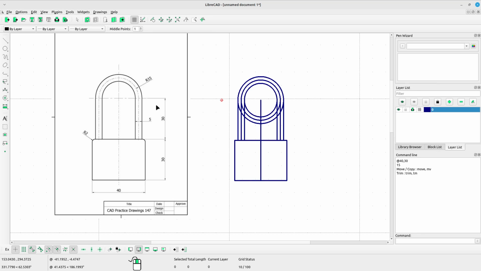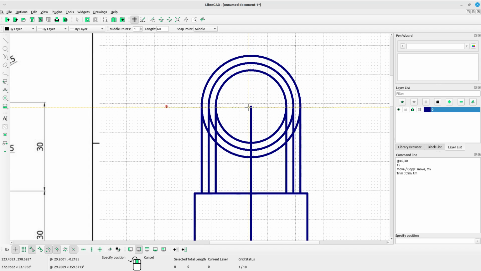Next, I want to remove half of our three circles here, but we need to create a helping line again, a horizontal line. Select horizontal, type the length. Okay, 60 is okay. Snap point, select middle, and put the line into this position, the center of our circles.